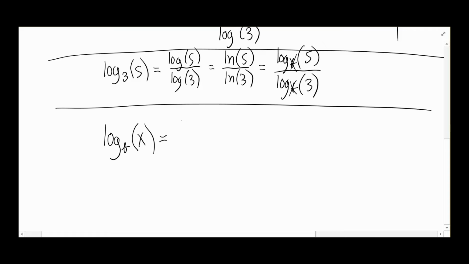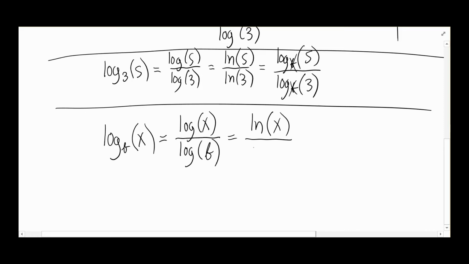Then I can rewrite that as the common log of x over the common log of b. Or I could write it as the natural log of x over the natural log of b. And really, I could choose any old base I want. Oops. So I could do log base c. I could pick any old number I want,